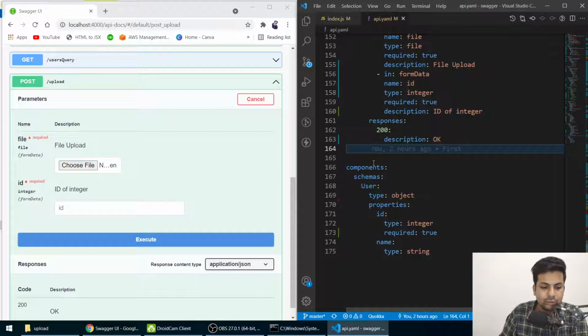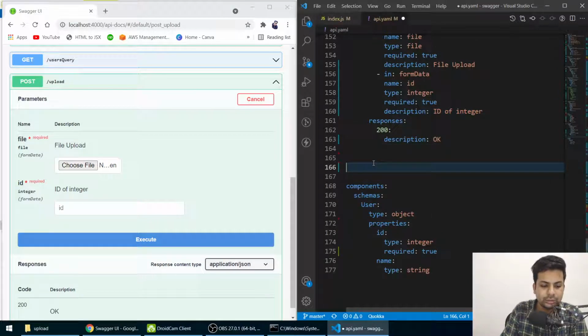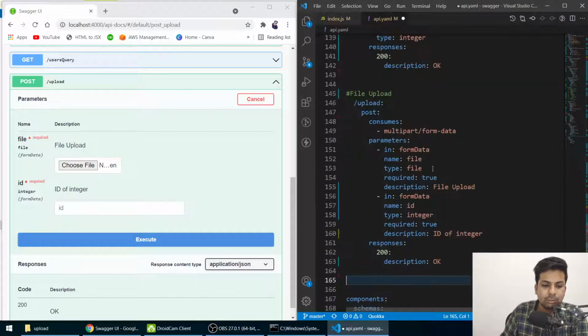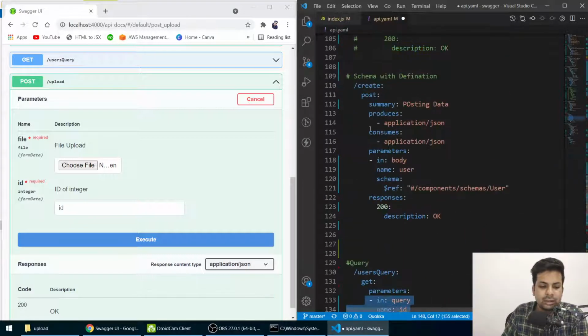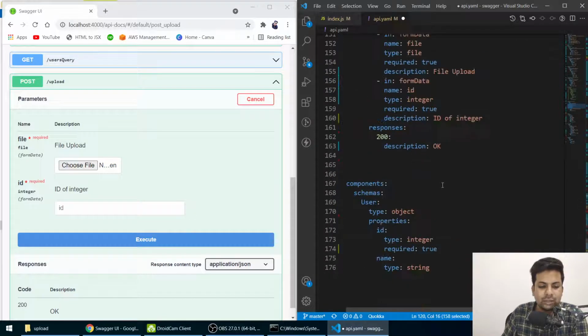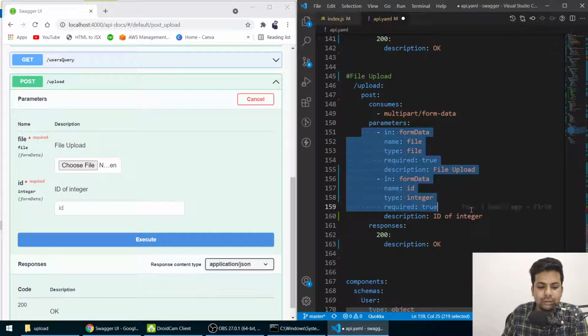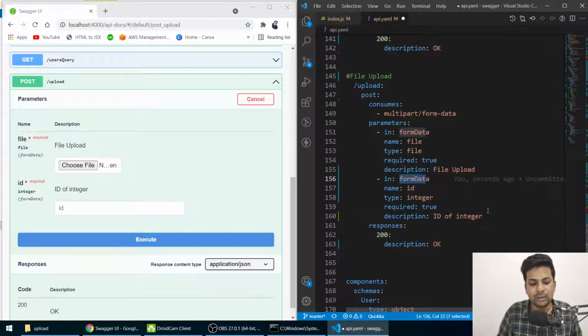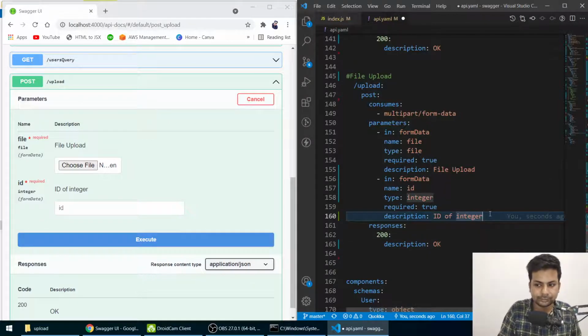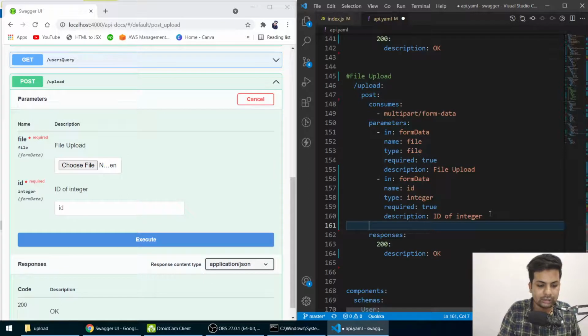Now suppose you want to send something in headers. In any page, in whatever API, suppose in this file upload only, I want to send the headers. Like I told you about form data, come here and write dash in, and instead of what you were writing, write in: header.